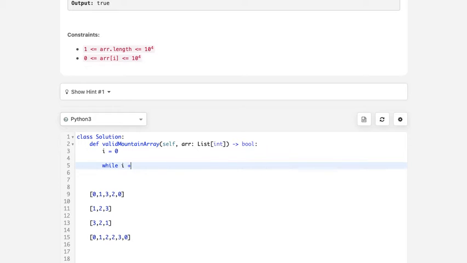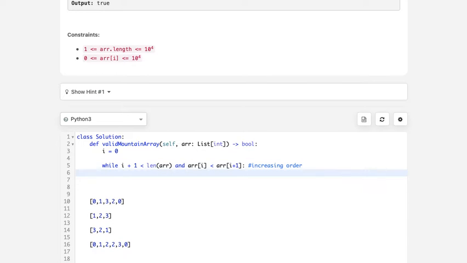So because I'm checking every single index with the one beside it, which is at the right side, it's going to be I plus 1, right? I need to make sure the I plus 1 is within range of the array and it's not bigger than the length of the array. So that's why I'm going to check if I plus 1 is smaller than the length of the array, and also I should make sure it's in increasing order. So I'm going to say if array I is smaller than array I plus 1, this is making sure it is the increasing order,